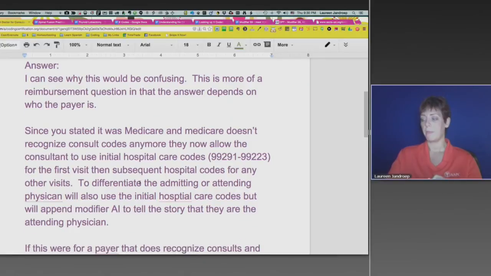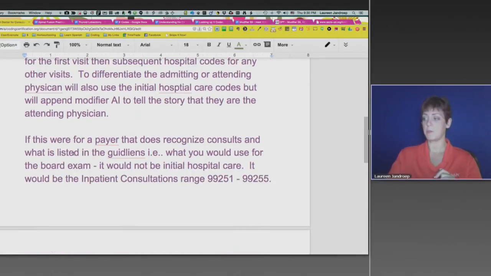Now, for those that are preparing for the board exam, if this was for a payer that does recognize consults, then,